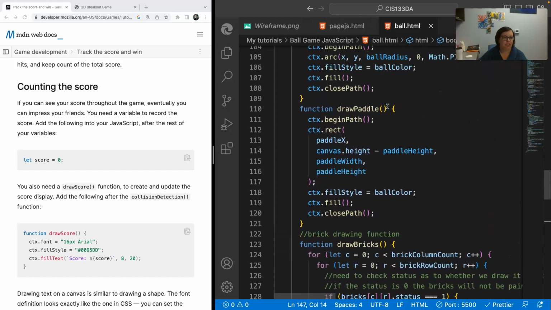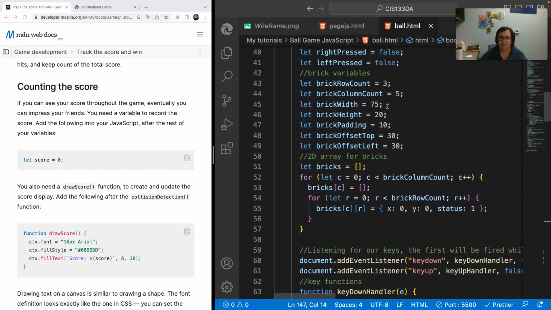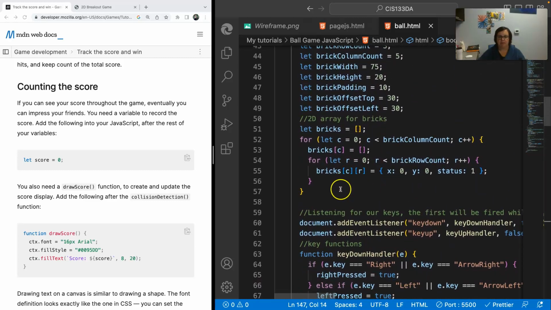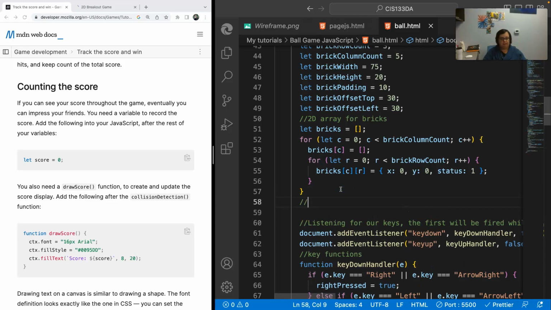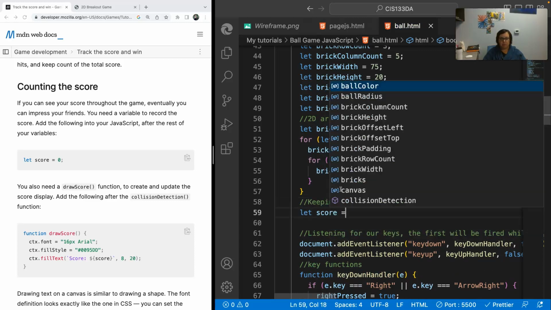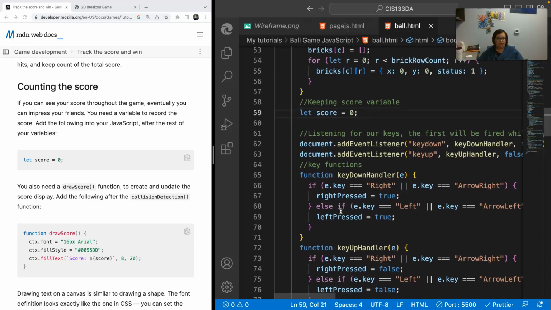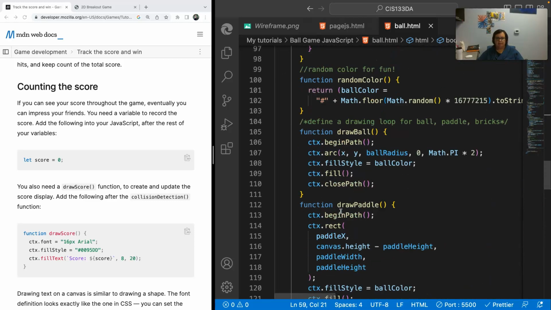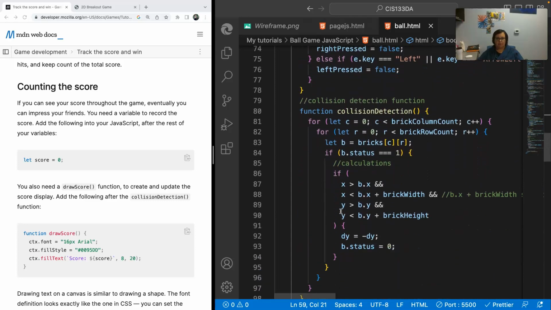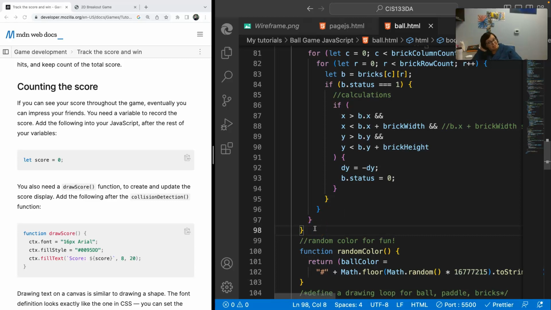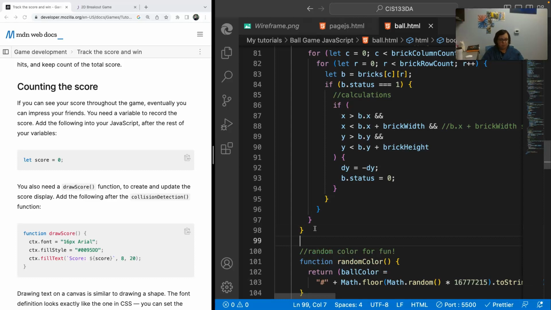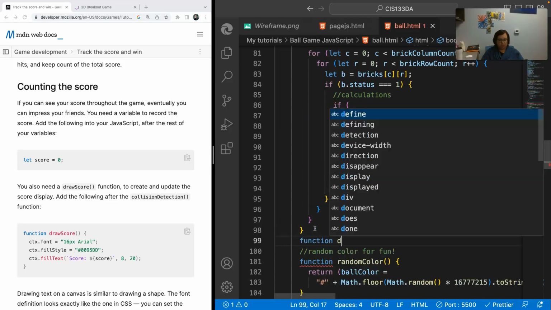We're going to make a score. First, up in my variables, up in this variable area, I'm going to put it after here, a keeping score variable. Let score equal 0, right? It's always going to start at 0, and we're going to have to reset it at the end of the game and all that good stuff. So right after we've detected everything, if everything is 0, we're going to have to say something like, if there's no more bricks, then stop. Okay, cool. So we're going to have this function, draw score,